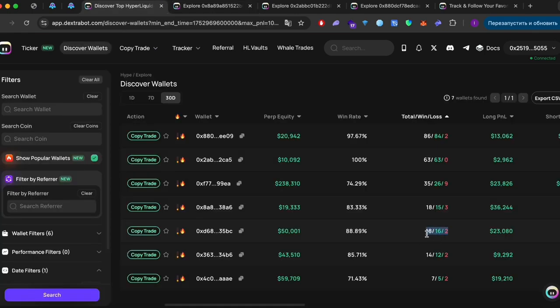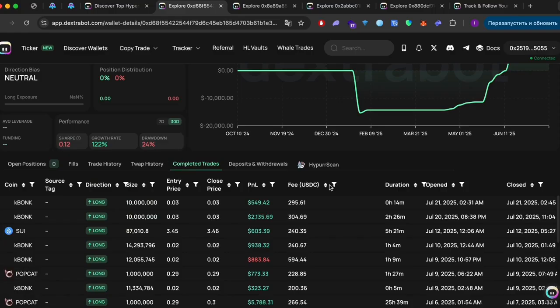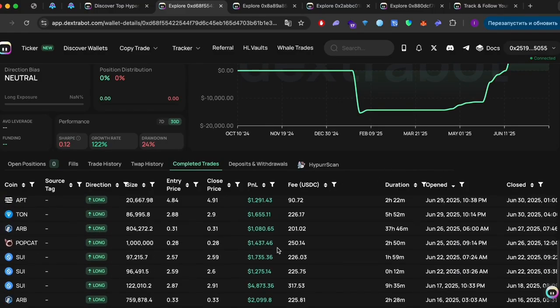It has about the same ratio of open to closed trades in terms of wins and losses. Right away, I don't like that it had a rather large drawdown, although it did manage to recover from it. Its win rate is currently quite high, and the P&L is also decent. Let's take a look at the completed trades. Let's sort by date, and we can see that recently he's been making a pretty good profit from the market,